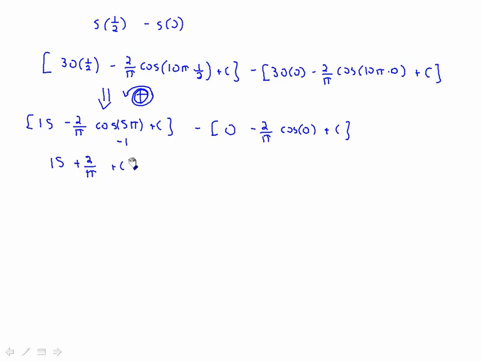And then plus c. And then minus, well, cosine of 0 is 1. So this becomes negative 2 over pi, stays the same, plus c. Now I'm going to clean up the brackets, so 15 plus 2 over pi plus c, plus 2 over pi minus c. C's go away, which they have to do, and then we get 15. Now 2 over pi plus 2 over pi is 4 over pi. So the answer then is going to be